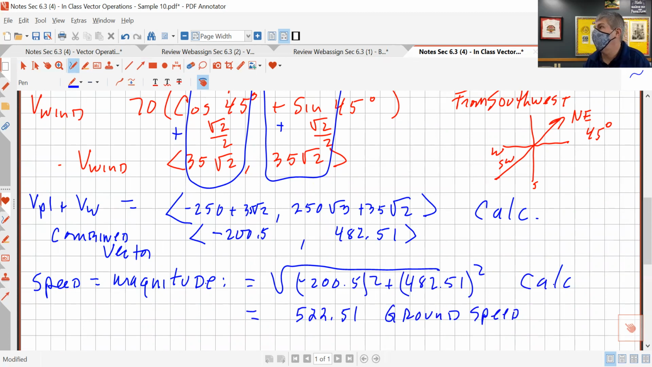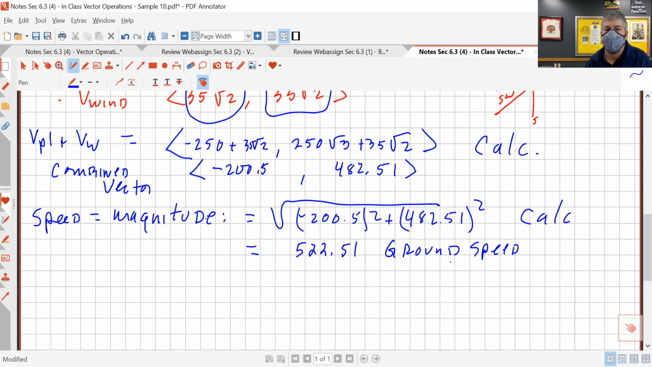So the wind is pushing me a little bit, isn't it? It's making me go a little faster. I went from 500 to 522 with that 70-mile-an-hour crosswind. You guys with me on that? Okay, so that's good. Got that one. That's one thing done. The last thing is direction,